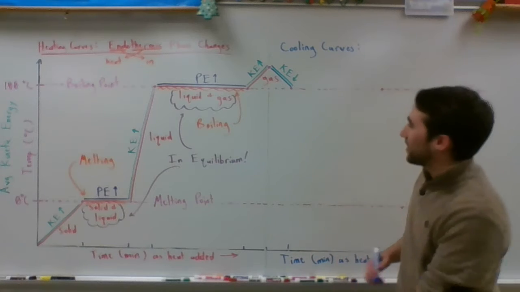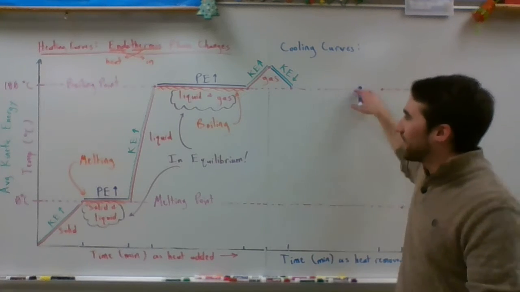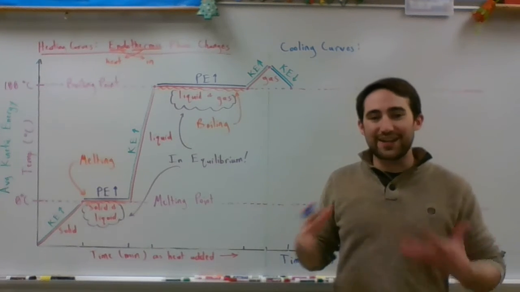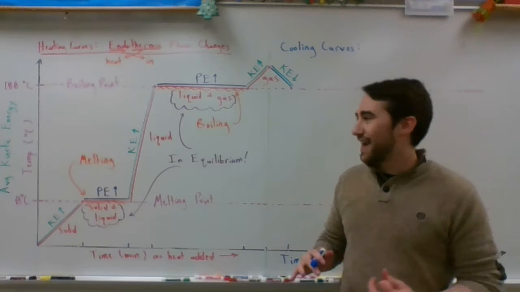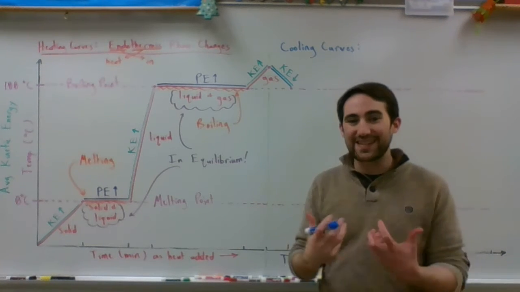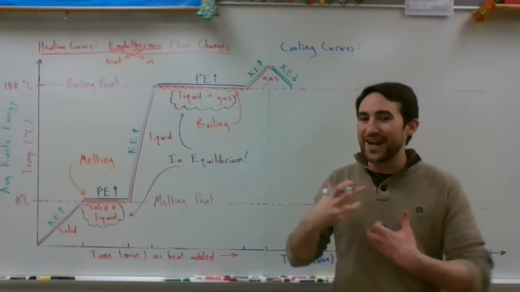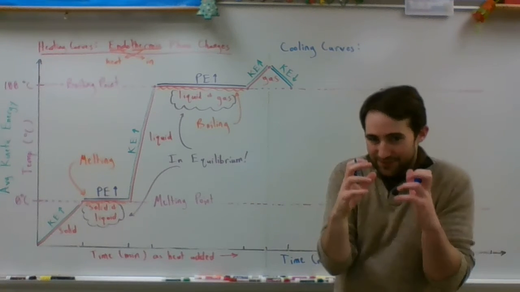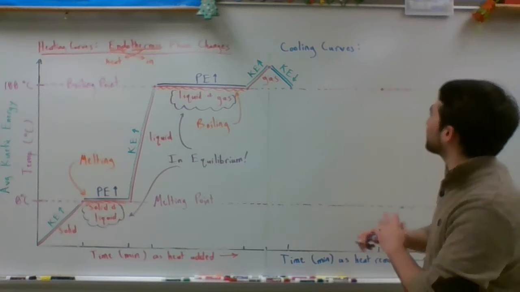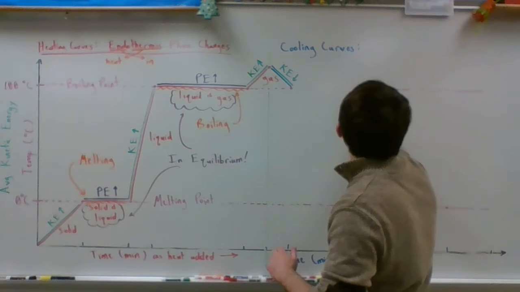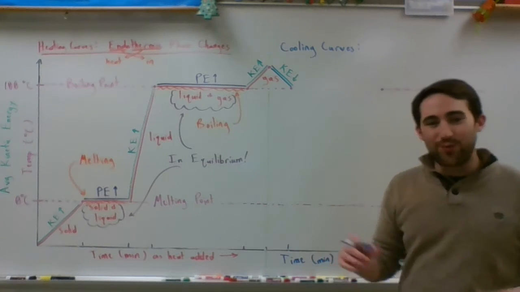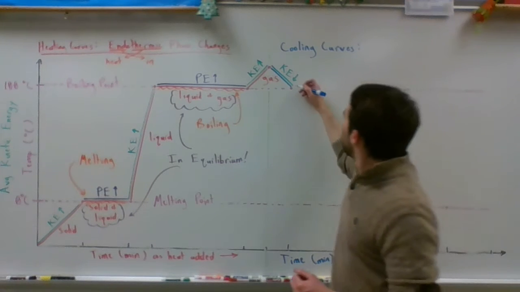Now, at some point, which happens to be what we call the boiling point, our kinetic energy drops so low that our particles start to come back together. These gas particles start moving so slow that they start attracting to each other, and they start kind of squeezing back in near each other. So as they lose more and more energy,